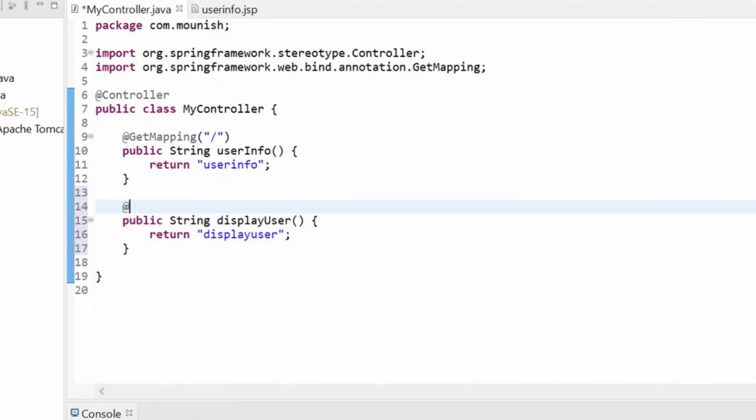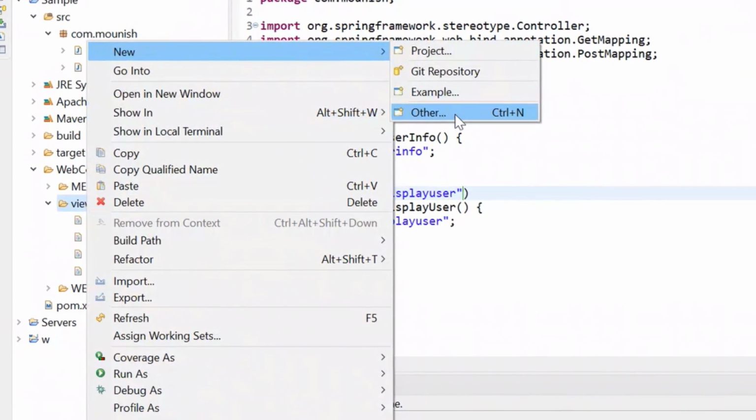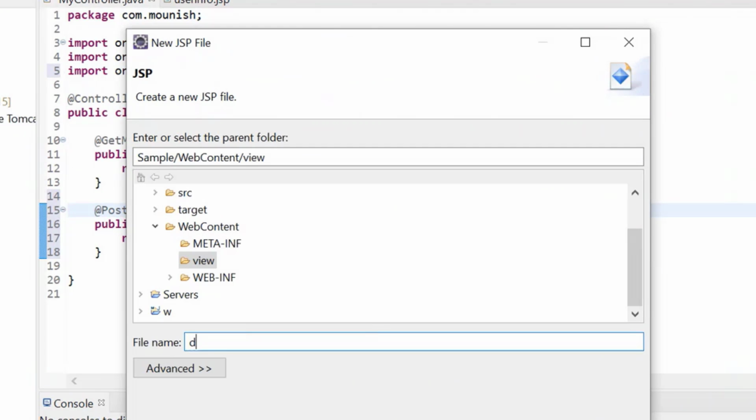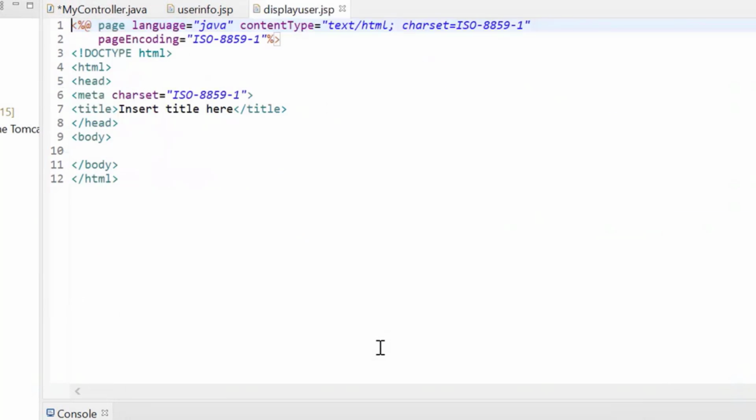For that kind of pages, you will put it as post mapping. So post mapping, and you simply say it is display user, and then over here, let me create a new JSP file, and let this file name be our return type, displayUser. Finish. So here, let me say this is my display page. I'm displaying the user. What to display and all we'll check in a minute.